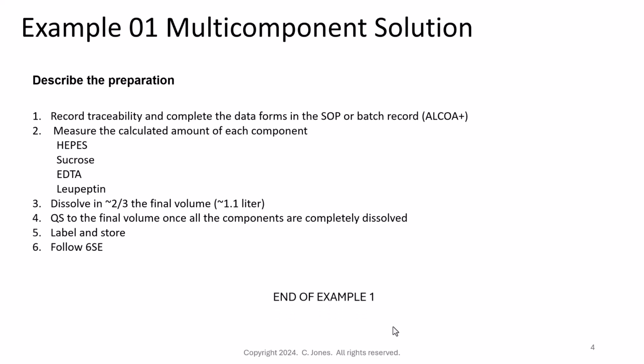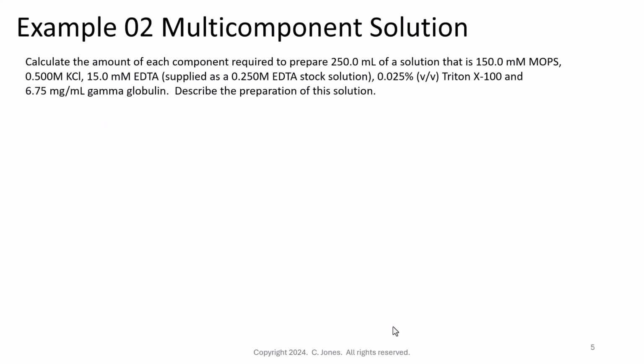Let's move to example 2, where basically it's going to be the same set of equations, but I've just changed the units up a little bit so that you can get some practice dealing with different units. So in this example, we're asking you to calculate the amount of each component required to prepare 250 mils of a solution that is 150 millimolar MOPS, 0.500 molar KCl, 15 millimolar EDTA,